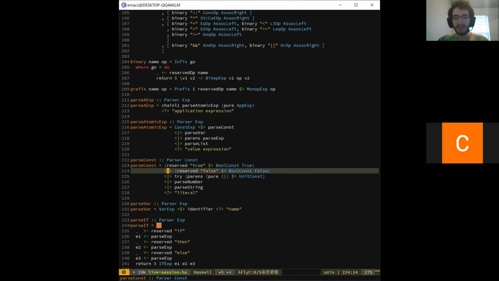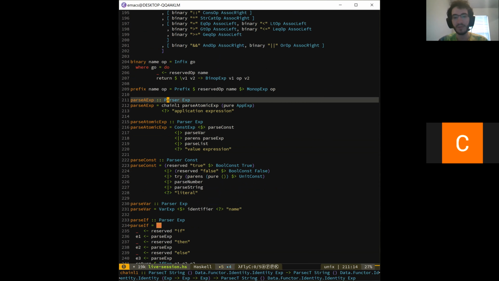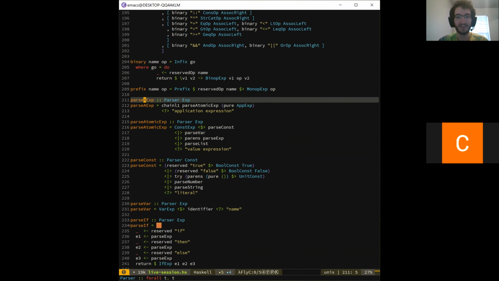Then we come to the things that can go on either side of the operators. So the things that aren't themselves operator expressions, but are the terms. So we call these AEXPs. We're not using A as the article. It's short for application. So this means application expression. And the reason that parsing these is kind of tricky is because if you think about